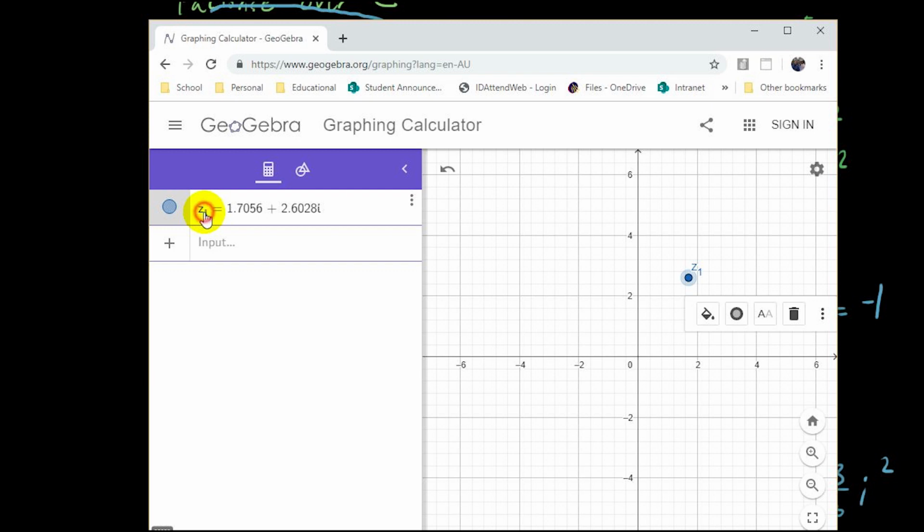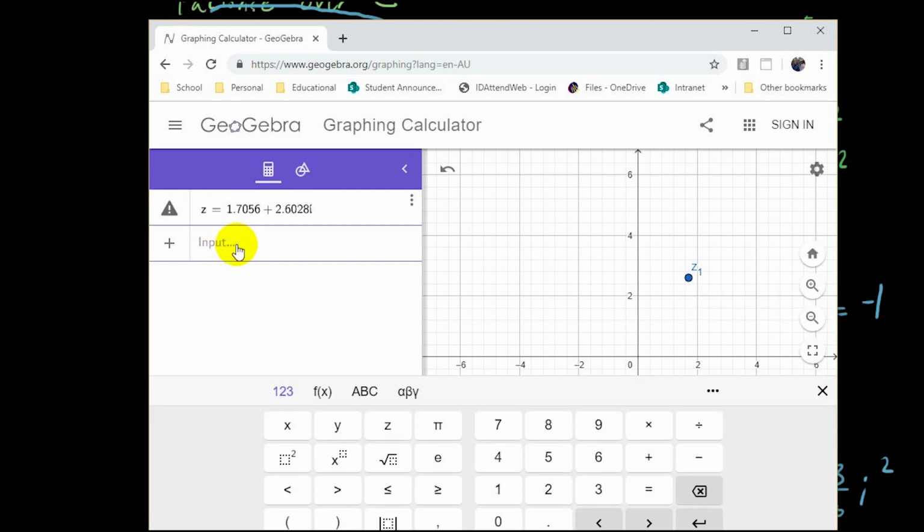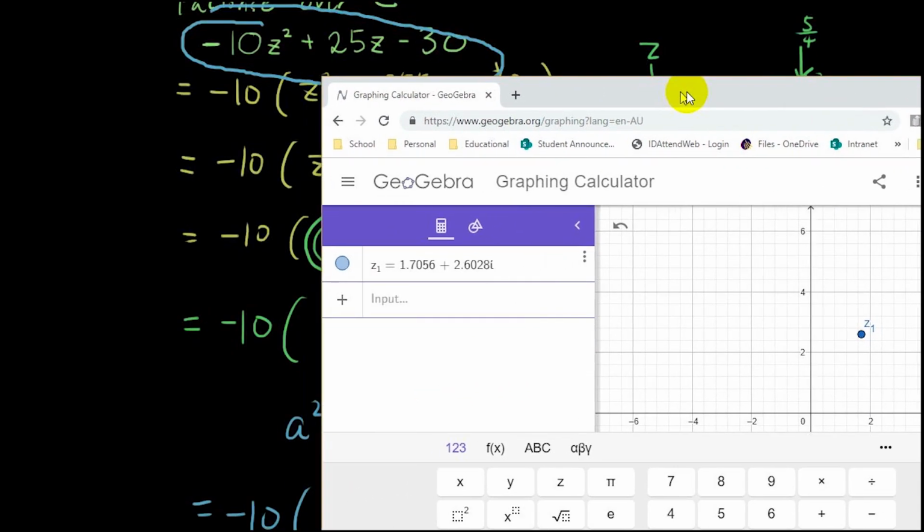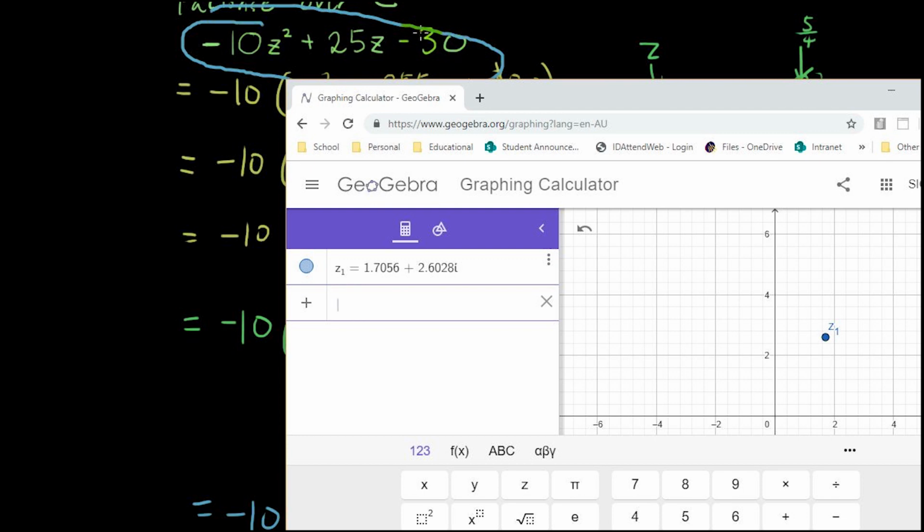Now notice this complex number is called Z1, but I'm going to try to call it just Z, but it can't do it. It's got to be Z underscore 1. So to type that equation in, I'm going to put in negative 10 times Z1 underscore, make sure you type shift hyphen, that'll give you the underscore key, 1, equals, plus, so we need to square that, so Z1 squared,